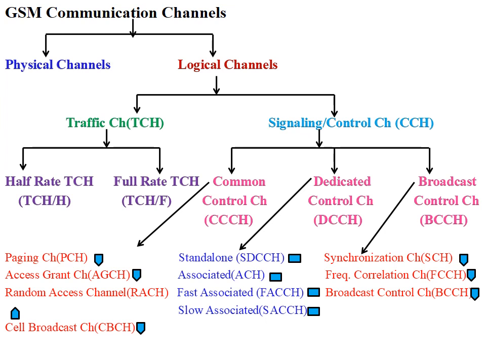Now the next point is GSM mobile communication channels. This is the chart. The figure shows the distribution of different GSM channels depending on their operation. In telecommunication, a channel refers either to a physical transmission medium such as a wire, or to a logical connection over a multiplexed medium, such as a radio channel. GSM uses various channels to carry user data and information.